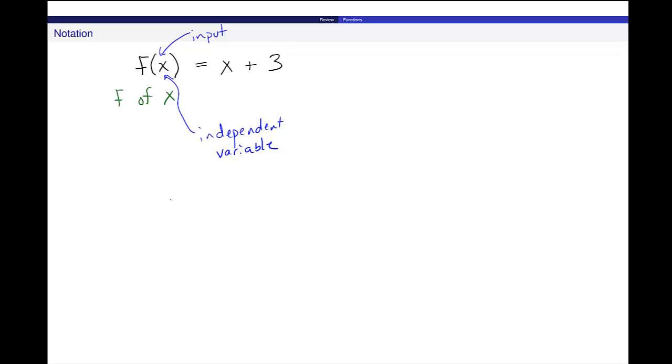When we graph things, we usually graph y is equal to f of x, the output of the function. So always when we're talking about the variable x, that's my input parameter. f of x is an output. So this is often called the dependent variable. And it is most definitely the output of this function. Okay?